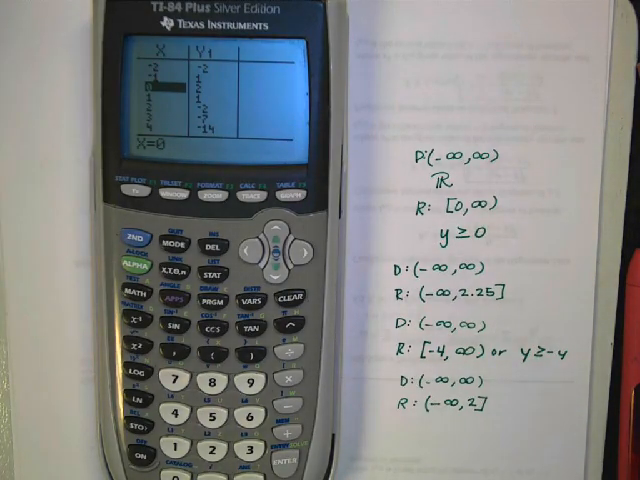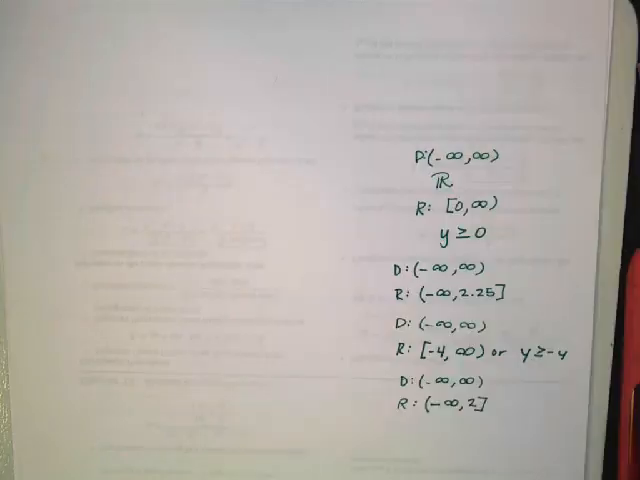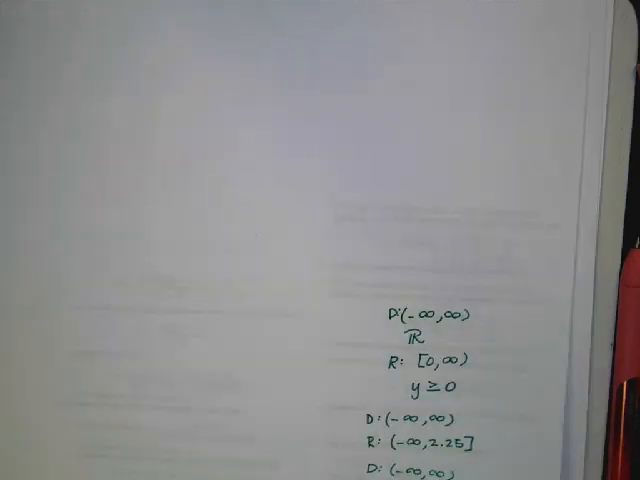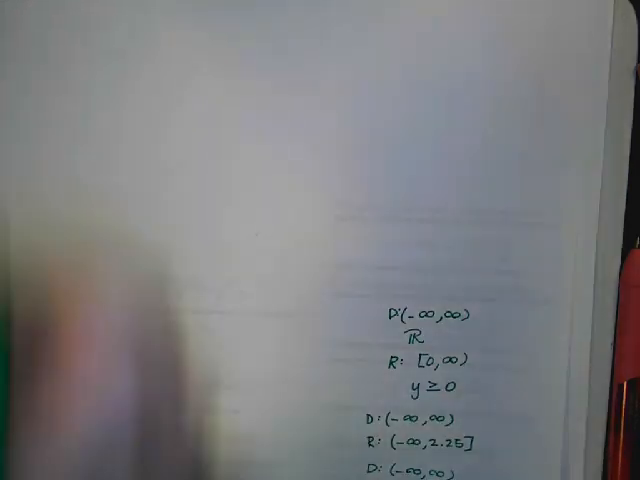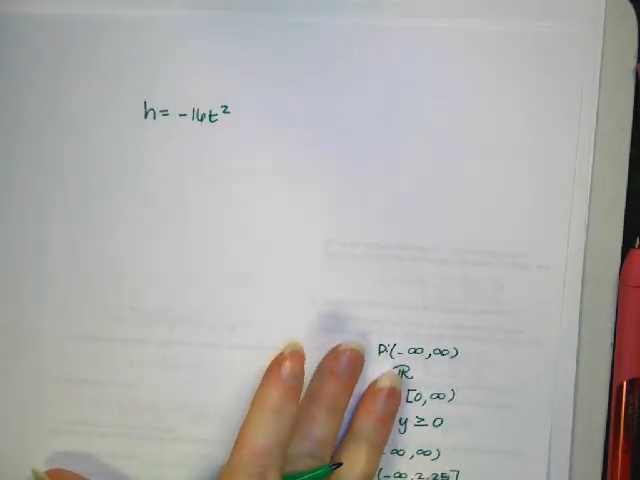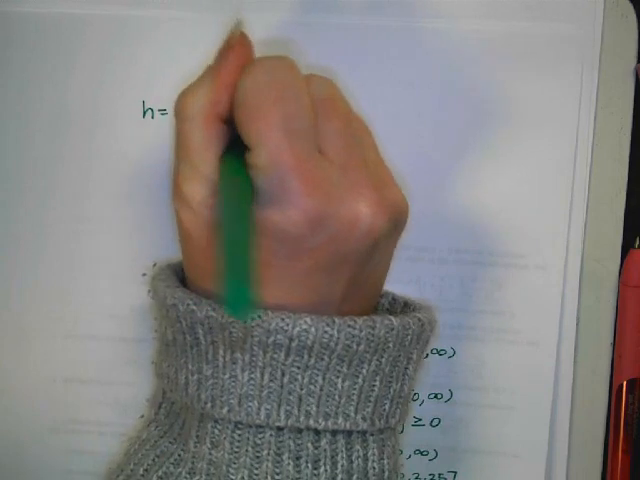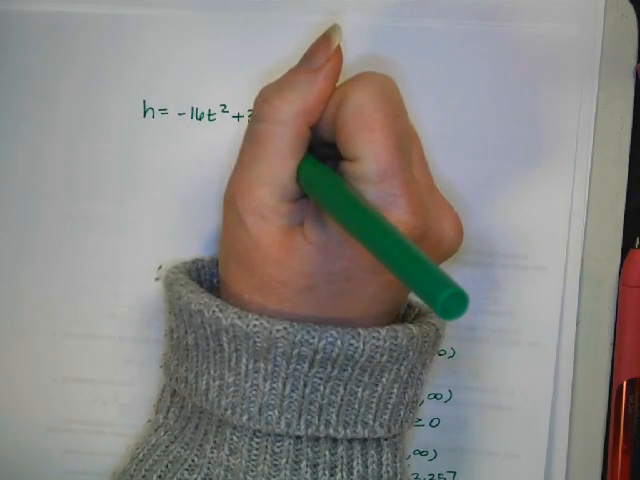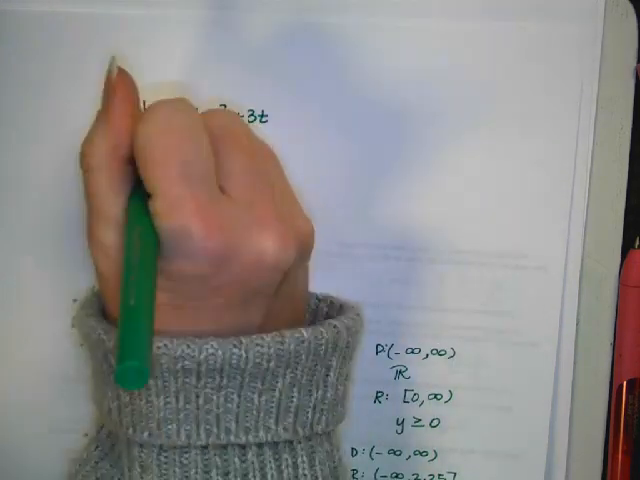Okay? So moving on to 15. All right, a toy rocket is launched with an upward velocity of 32 feet per second. The equation h equals negative 16t squared plus 32t